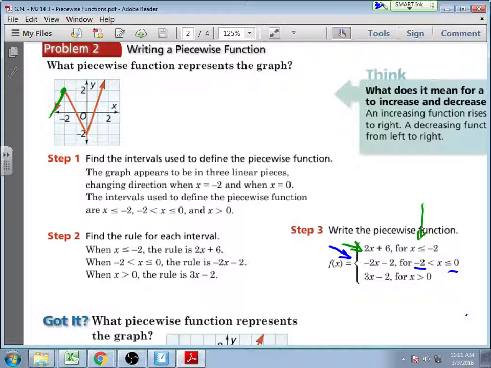So this one does not include the -2. So that would be an open circle. And then down to here, it does include the next point. So that would include